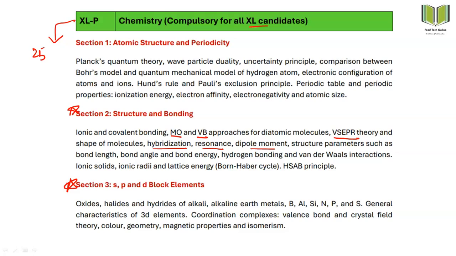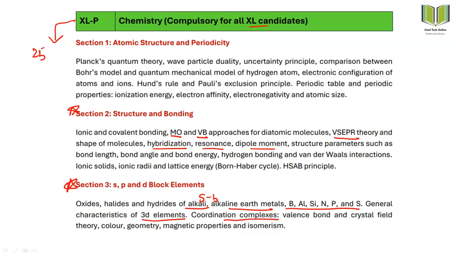If the outer electron is present in the s shell, then it is designated as s block elements. If the last electron enters into the d orbital, then it is called d block elements, and afterwards there is the p block and also the f block, which includes the lanthanoids and actinoids. So in this we will be seeing the various oxides, halides, and alkali and alkaline earth metals, which are our s block elements, and after that our d block elements and p block elements, and then the characteristics of 3d elements.